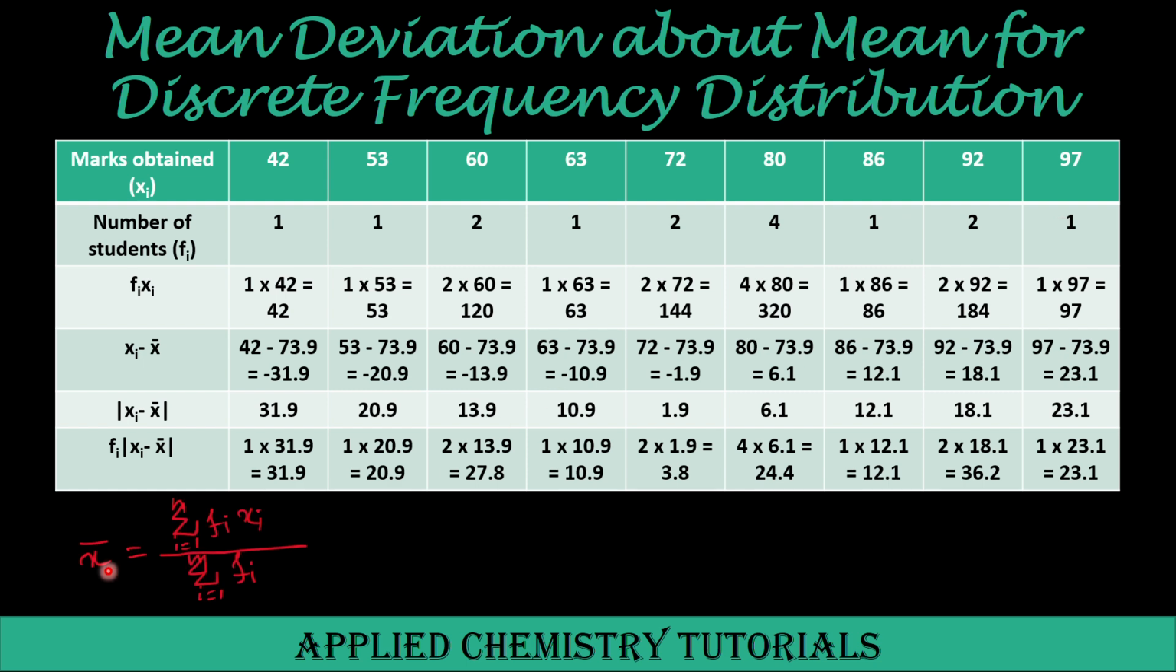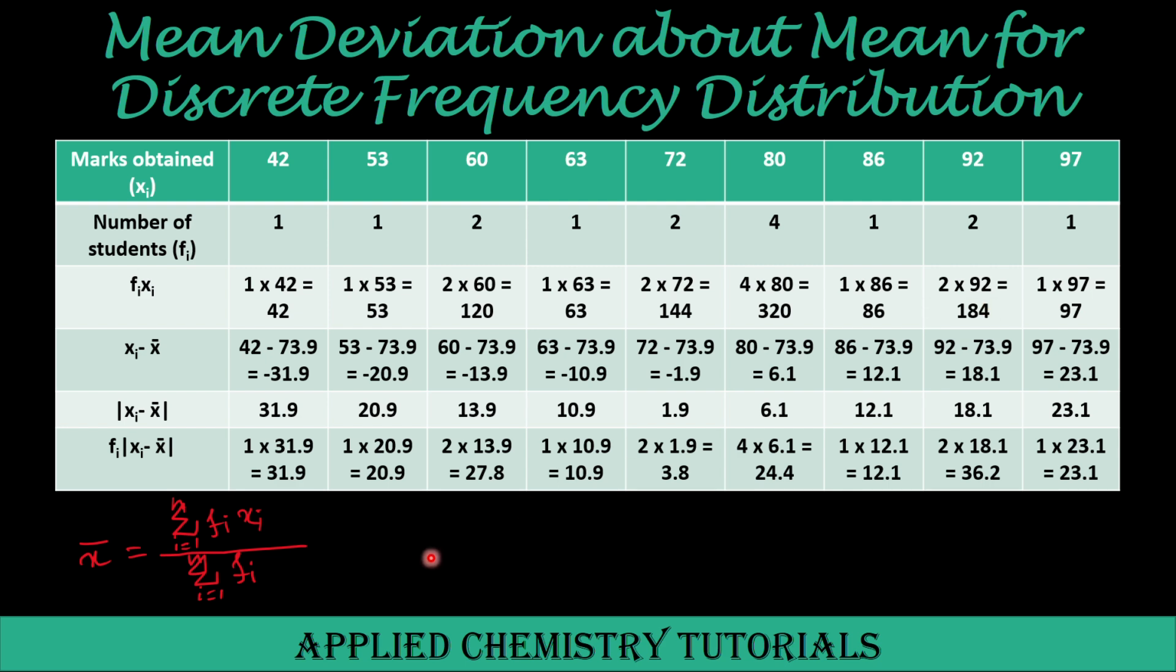So to calculate the mean x bar we can use the formula shown here. So x bar equals summation of fi xi from i equals 1 to n divided by summation of fi from i equals 1 to n. This fi xi term can be calculated from the given table that we obtained from our problem statement. So fi xi is the fi term multiplied by the corresponding xi term. So 1 multiplied by 42 equals 42 here, 1 multiplied by 53 is 53, 2 multiplied by 60 is 120,